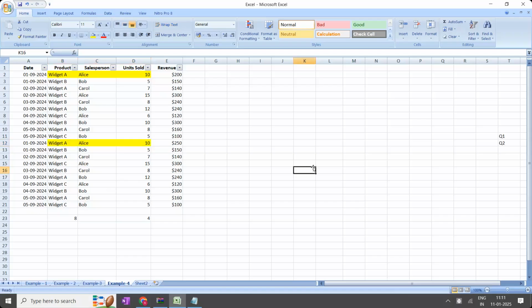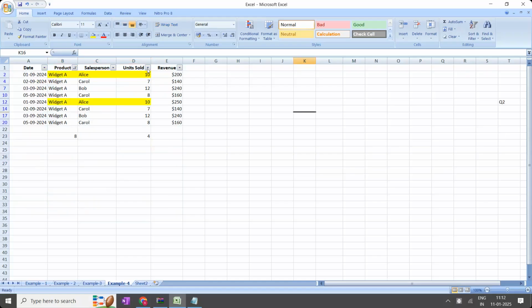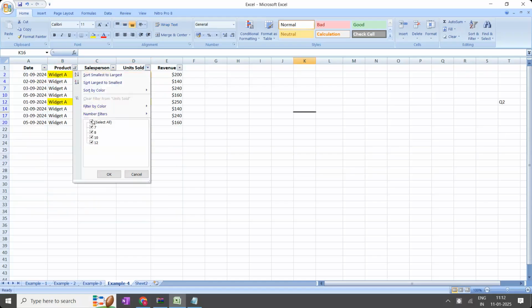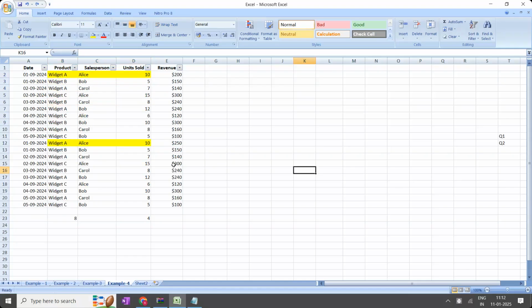Or I could apply a filter here with respect to product A, and for number of units sold I select only 10, a second filter. How many records have you got? 2 records. But you are counting manually. I don't want to count manually. I want to write a function so that I get 2 records. Sir, you want to filter. Filter means selecting the data. I'm not going to filter the data. I'm going to make a measure.